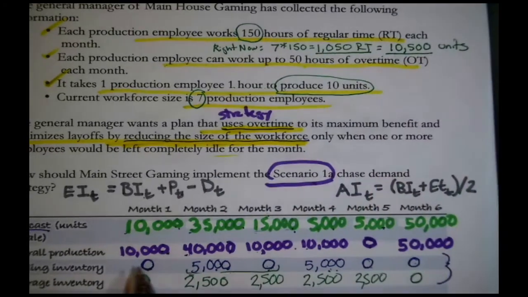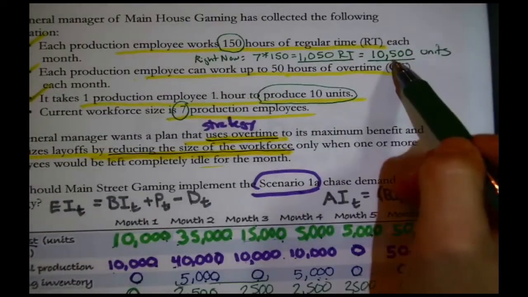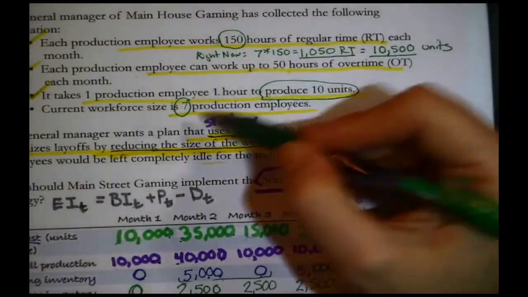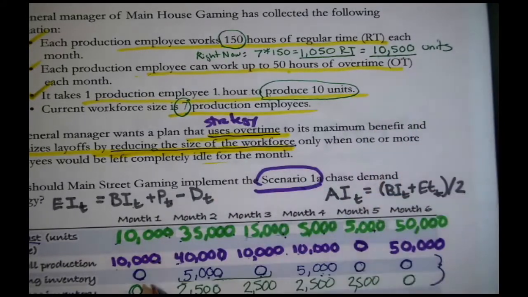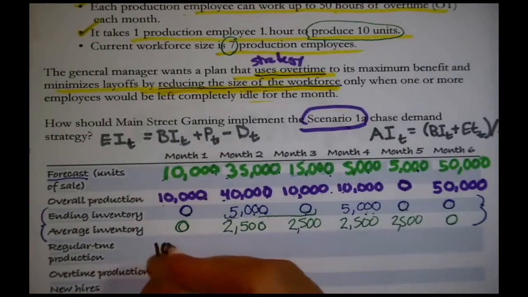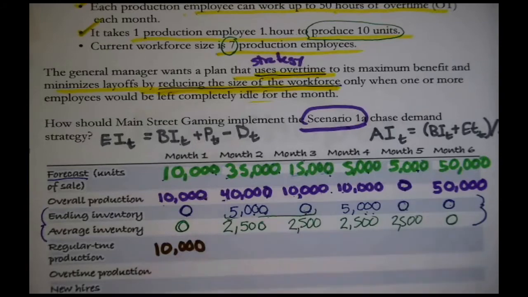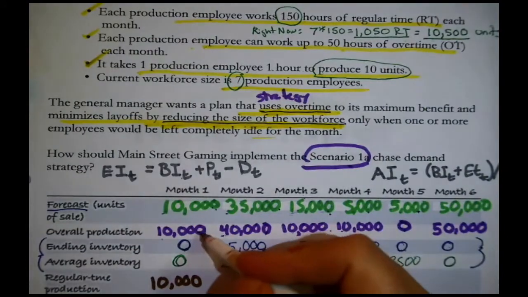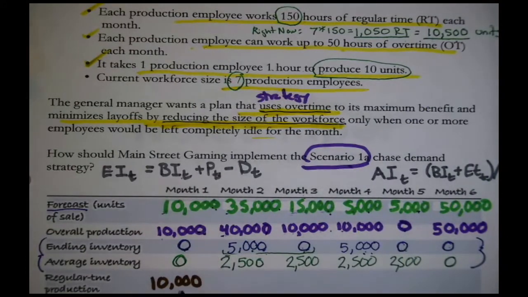Which means it's not exactly the same, but it's pretty close. It looks like I'm sort of sized to produce basically that amount right now. I just made a decision concerning regular time production. We've got enough people, just barely enough people. You can explore this by dropping it to 6, and you'll see that you won't be able to produce all 10,000. We have enough people to produce the 10,000 units in regular time. We would definitely prefer that, because we expect it is going to be less expensive than overtime, so let's just go ahead and do it.